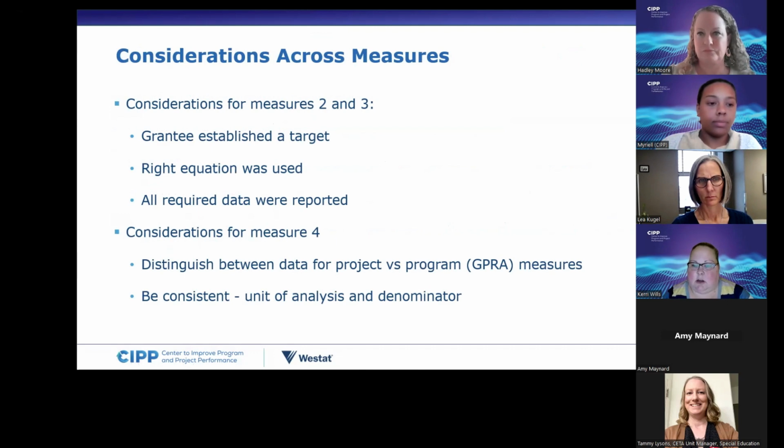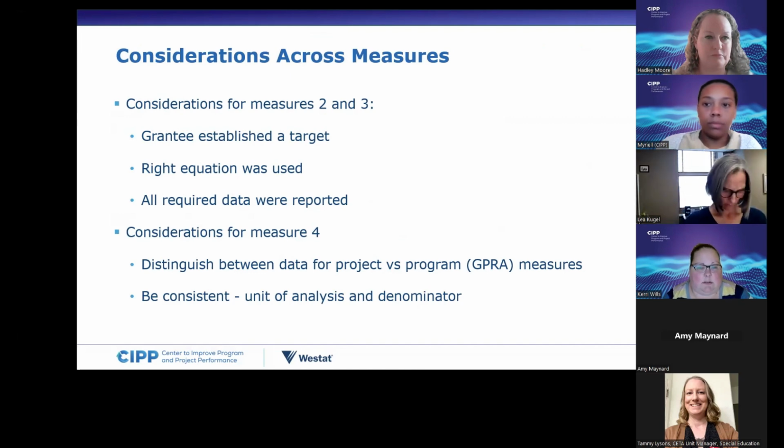So there are some common challenges, but things to think about among measures 2 and 3. So for the target, it should be appropriate and achievable. Grantees can discuss how to select or refine their targets with their project officer. So in this case, unlike measure 1, grantees set their own target for measures 2 and 3. So for measure 3,